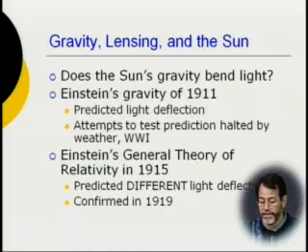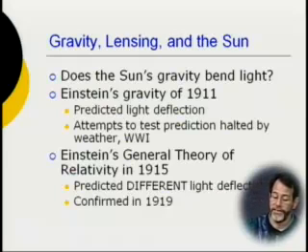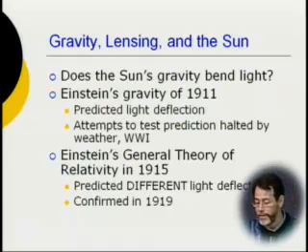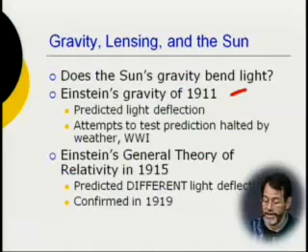So this was all due to Einstein. Even if it wasn't for Einstein, people would predict that gravity deflects light and the sun would be a gravitational lens. But the amount of the sun being a gravitational lens was predicted by Einstein. And the first time he predicted it was in 1911. And he came out with a gravity theory,